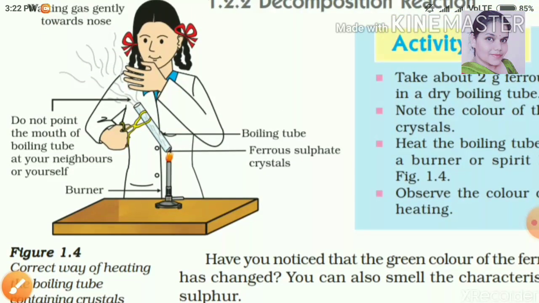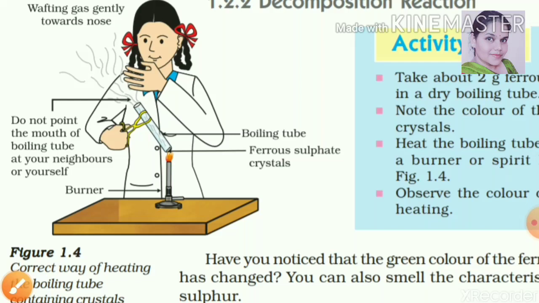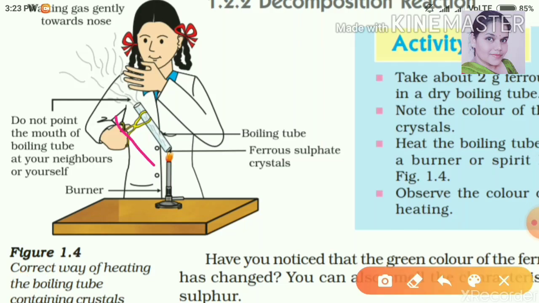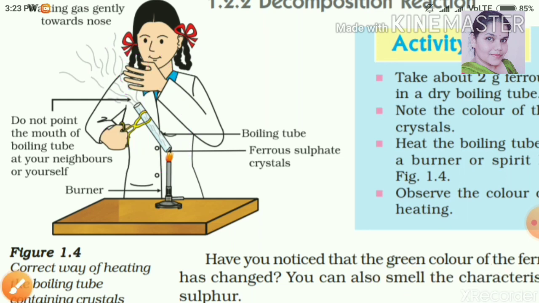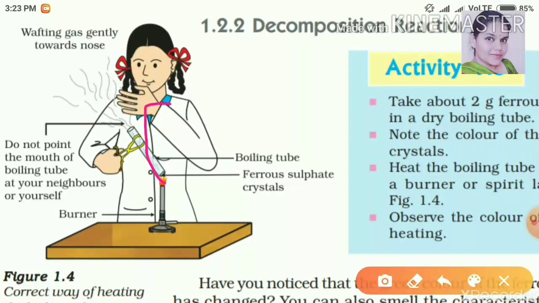She is holding this boiling tube in such a way that the fumes coming out of the test tube do not go directly into her nose. It means she is not holding this boiling tube, or you can call it test tube, straight like this. If she holds it like this, then fumes will directly go into her nose or respiratory system, and these fumes